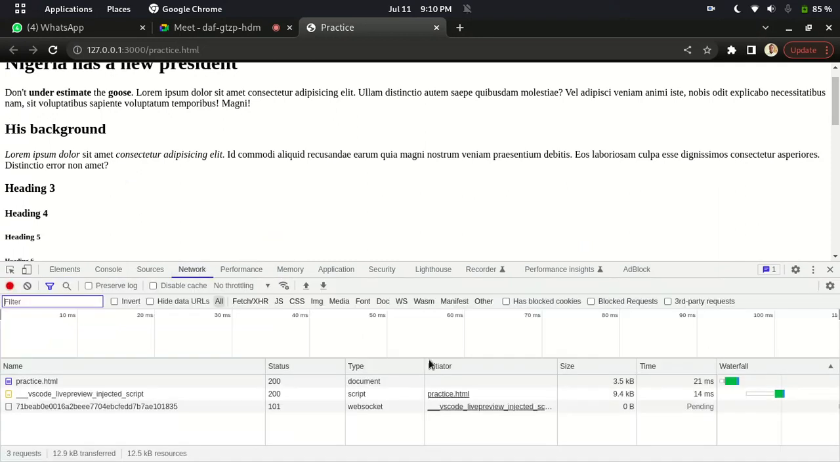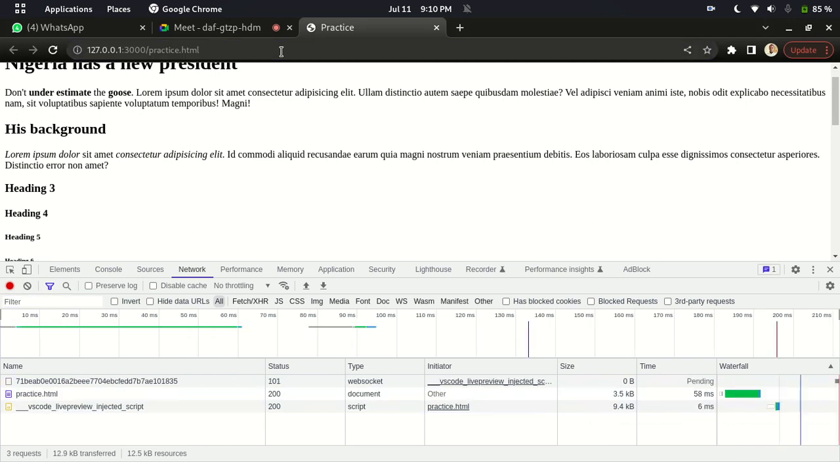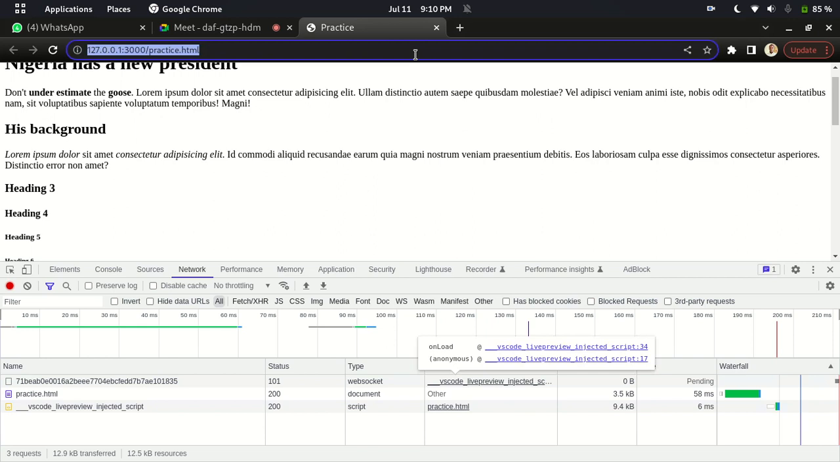The network tab as well is used to inspect the speed of your website. Like how long does it take for the website to load? If you look at this one, what's the size of our website? How long does it take to load? Let's try to load this one as well. Just check very well. Did you see any changes here? If I try to reload again,